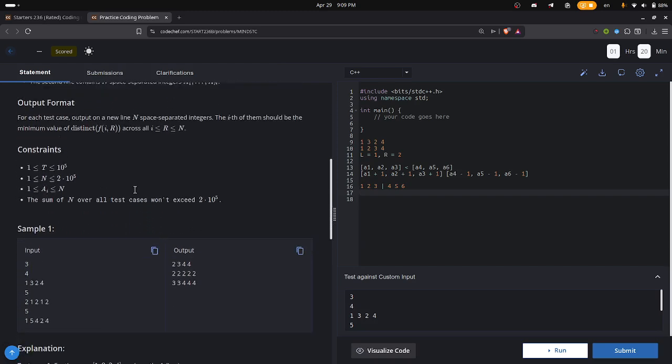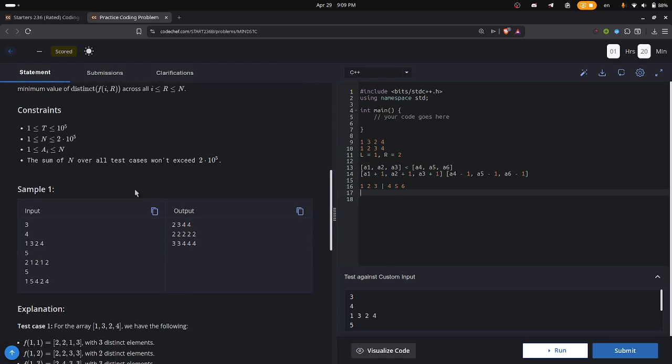I think I again misunderstood or misobserved, because from L to R, it's not necessarily that this index will always be small. This can be greater. For example, for this case 1, 2, 3, 4, when we select L to R from 3 to 4, then we will basically increase this element. In that case, the distinct element count never changes when L is greater than